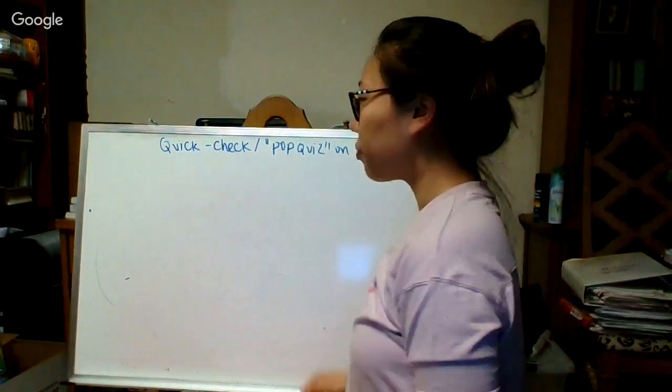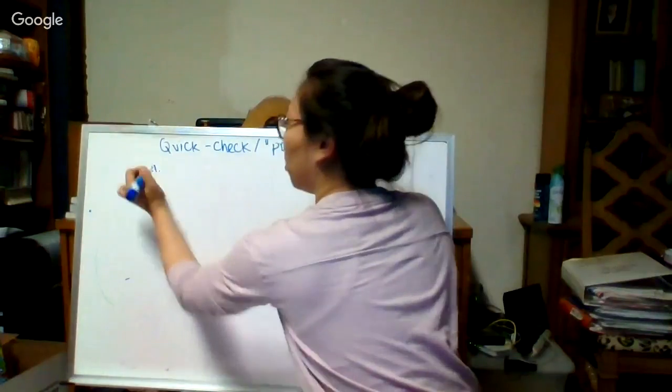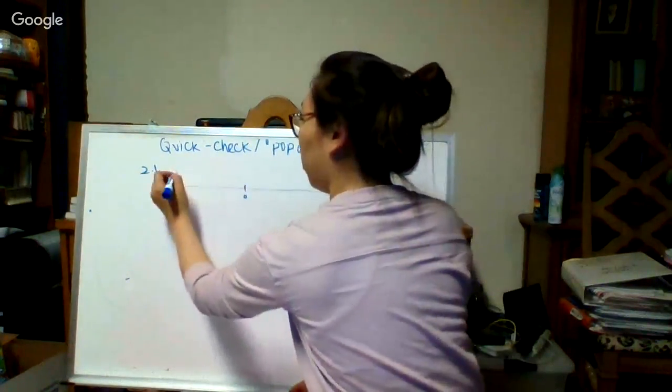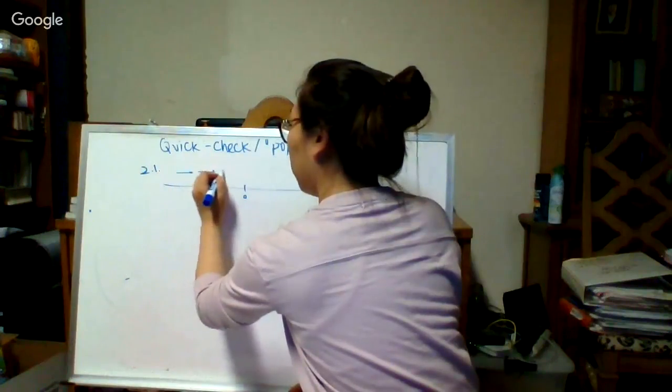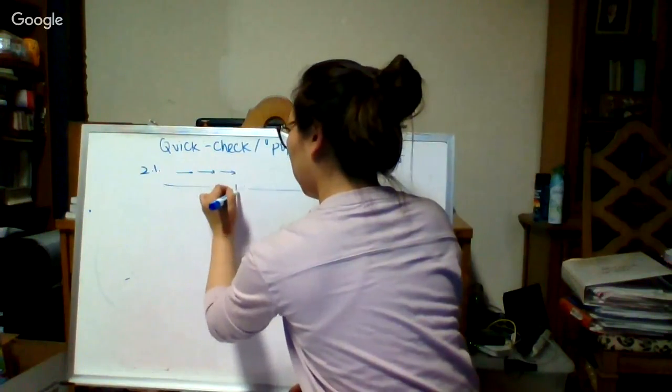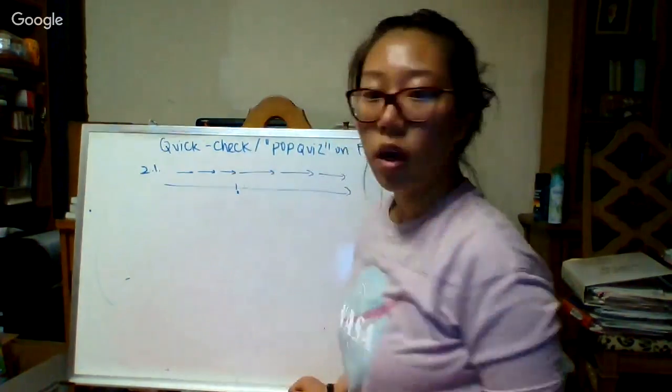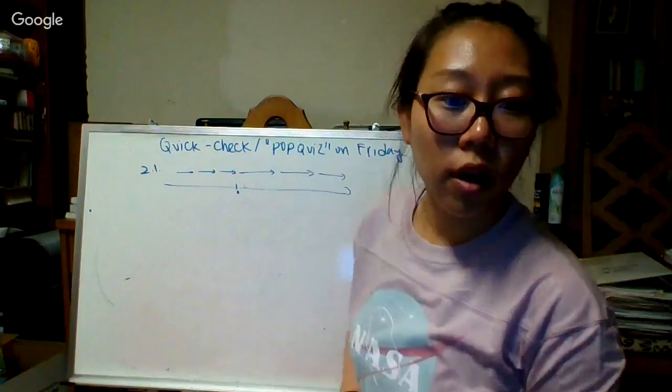Okay, cool. 2.1. So 2.1's graph looks like this. It's like a 0, 1, 1, 0, and then it goes up and down. What I hate about these is that they do not have like a